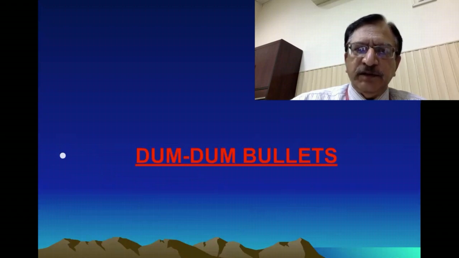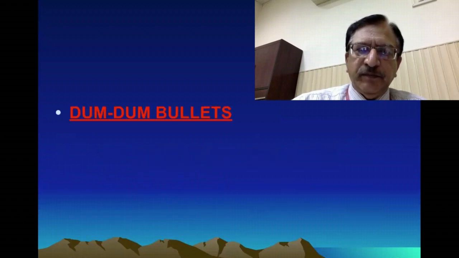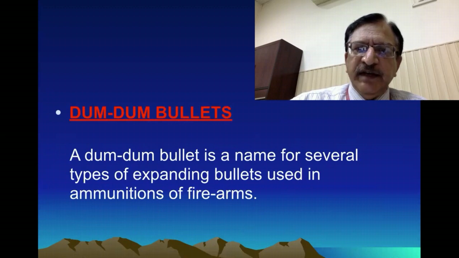Now the dum-dum bullets. A dum-dum bullet is the name for several types of bullets which expand during the travel. The ammunition of the firearm has been made such that the tip or the nose of the bullet is hollowed, and this hollow nose during the flight will offer resistance in the air, and it will expand open like a flower. So that is called a dum-dum bullet,